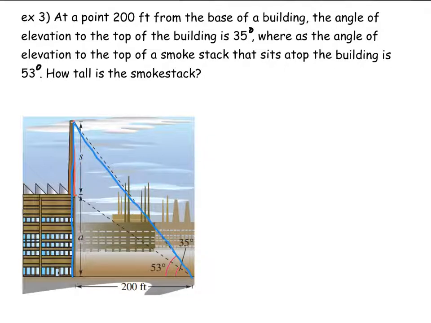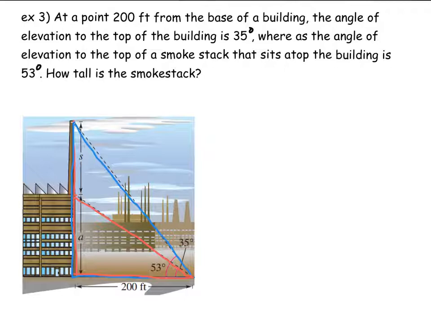It goes all the way to the top of the smokestack. And then in red, if you go off the angle of elevation to the top of the building, that one's going to be called the little triangle. What I'm going to do first is focus on this big triangle,